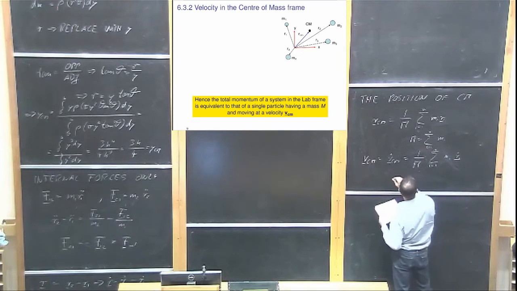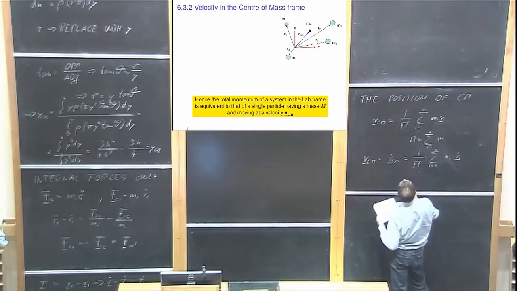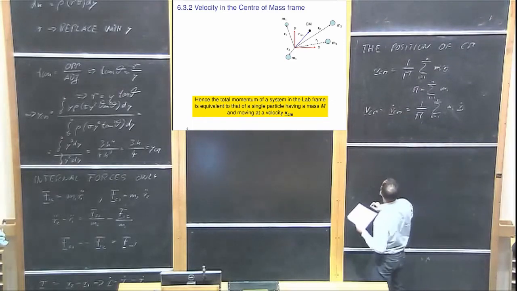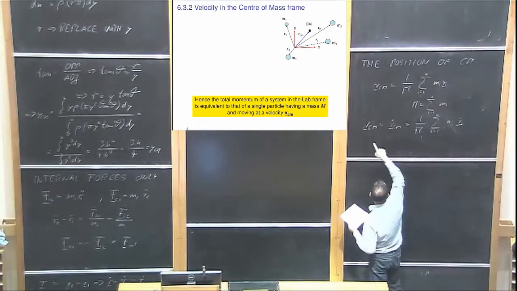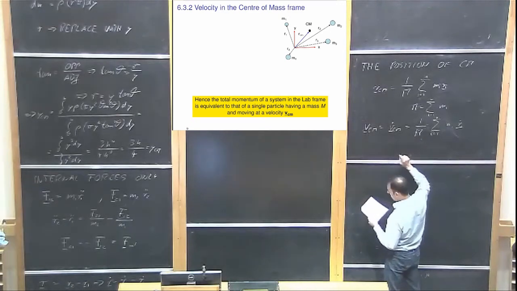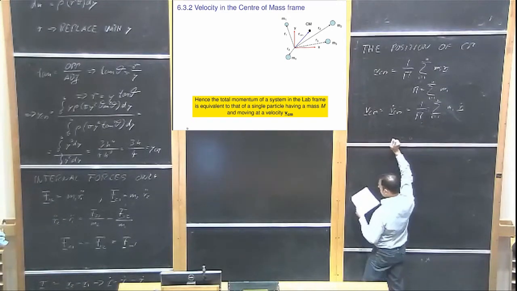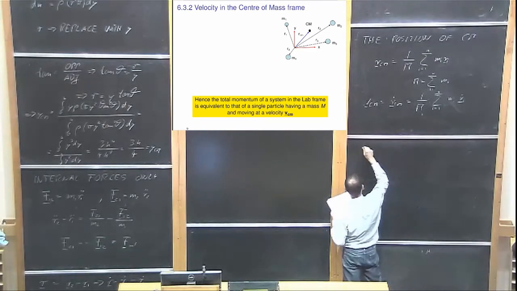Sorry, vector, I should not forget the vector notation. I hope I have it everywhere. So this gives us the velocity in the center of mass frame. And in the lab frame,